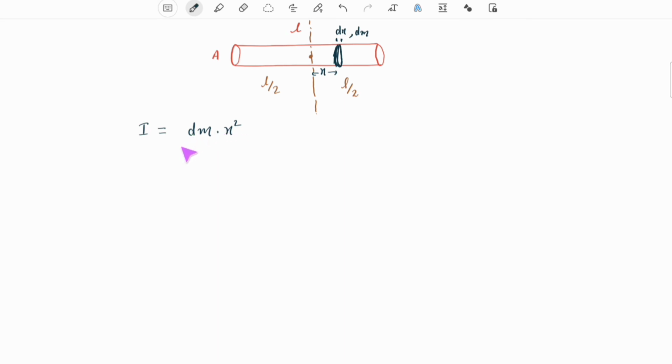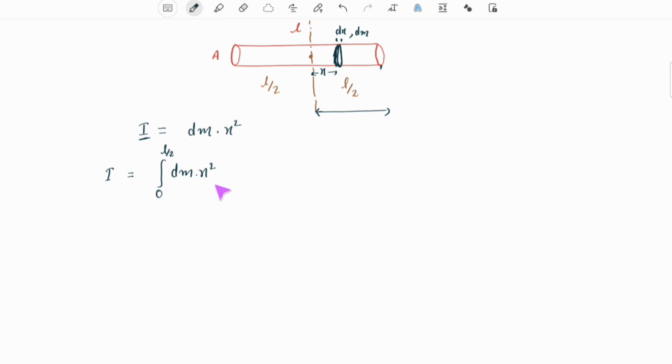Now we can see, so this is the moment of inertia for this small body, but we have to calculate the moment of inertia for this entire body. So what we would do, we would integrate dm x square from the limit x being 0. This side x is 0, and when we reach up to the extreme end, x becomes L/2. So this way we can calculate the moment of inertia for one half of the cylinder, of the right side, or you can say on the left side. So for first half part of the cylinder, the moment of inertia would be 0 to L/2 dm x square.